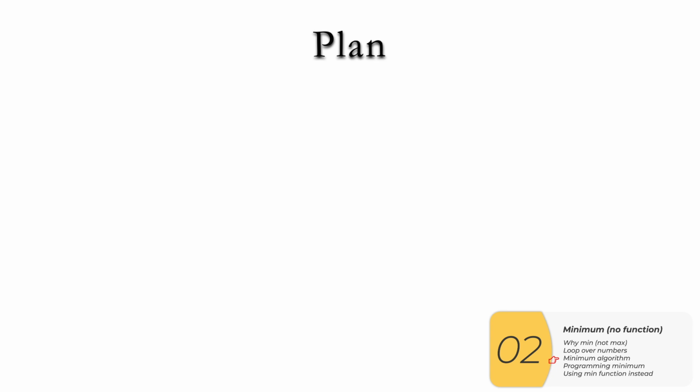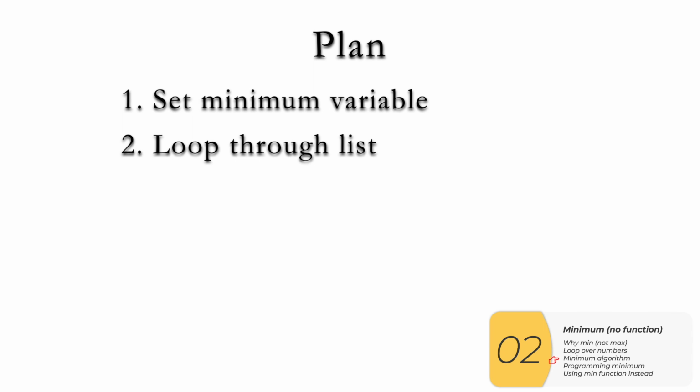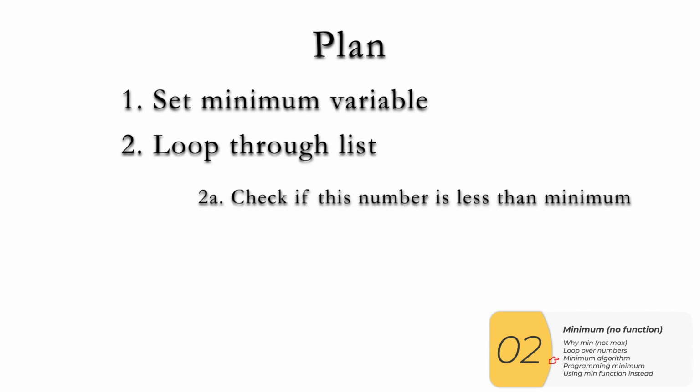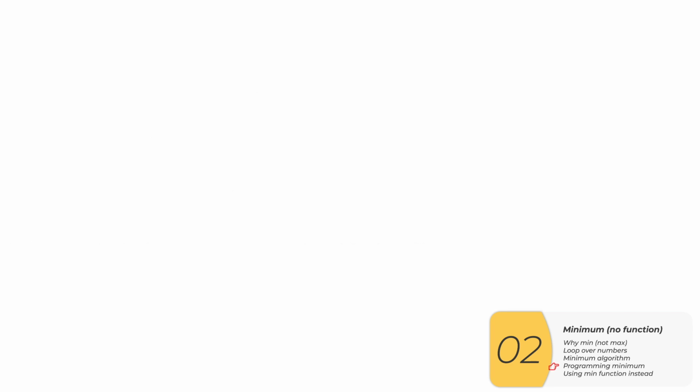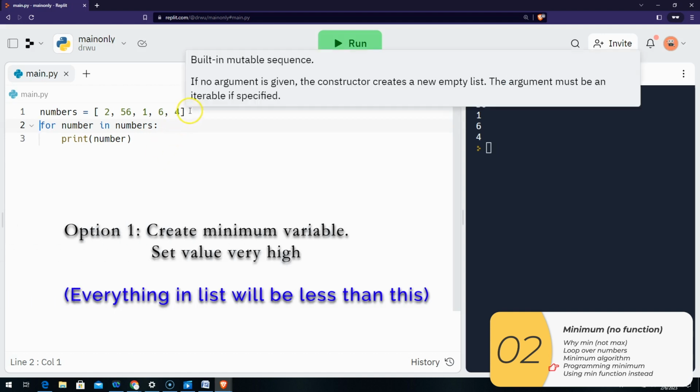Here's the plan. I'm going to create a variable that stands for the minimum item in my list. I'm going to loop through the list and check them one by one. If the one that I'm checking is less than my minimum, well, I have a new minimum. So let's program that right now. What I'm going to do is assign a minimum right away. So I'll say minimum is equal to